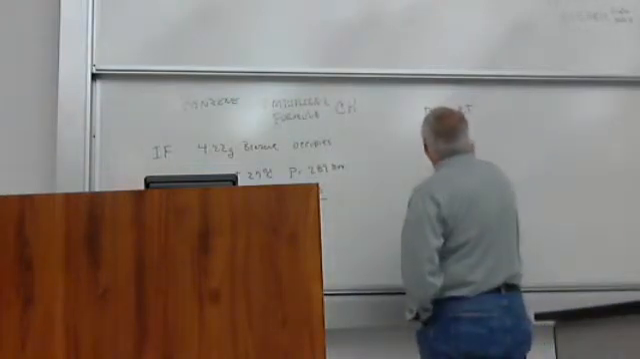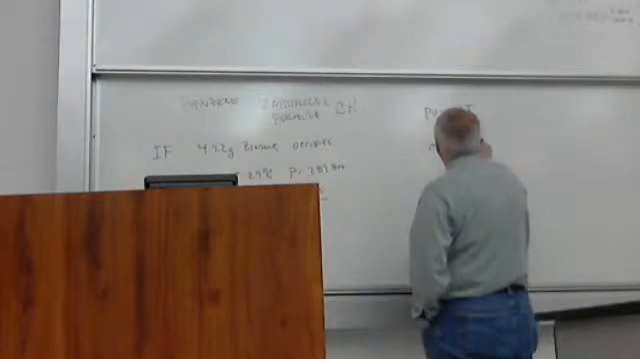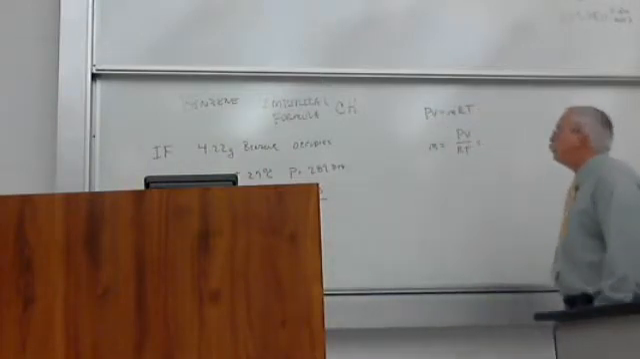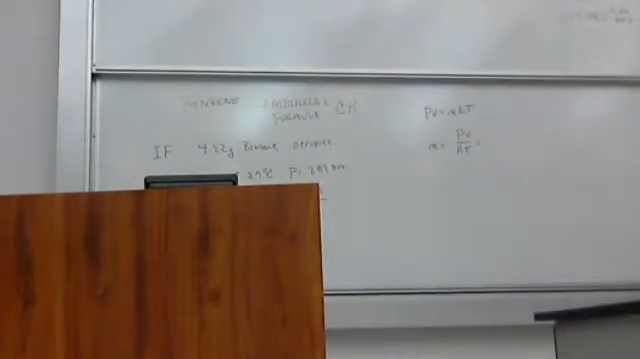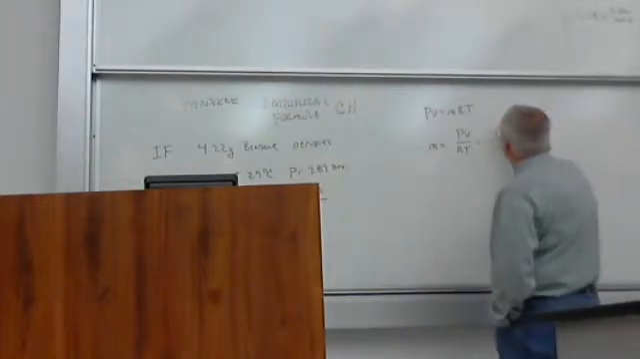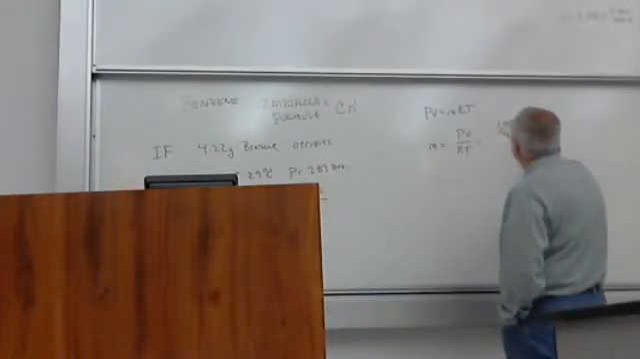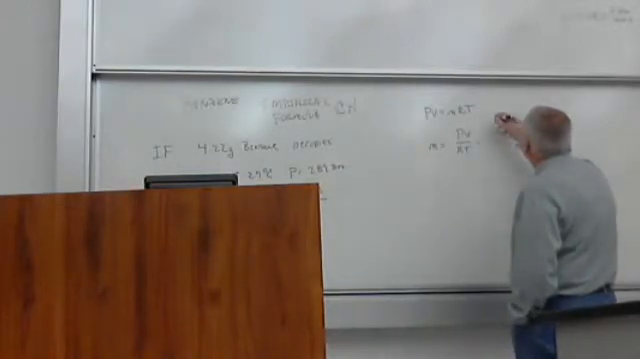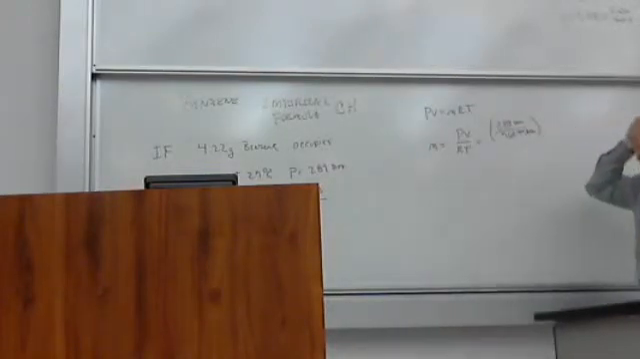So n should be equal to PV over RT. I go to my information, and the pressure is 289 torr. Can I enter that like it is? No, because why? Remember, that has to be in atmospheres. So I can do that conversion here, if you like, 289 torr, and there are 760 torr per atmosphere. So that calculation would give me the number of atmospheres that I have. Times the